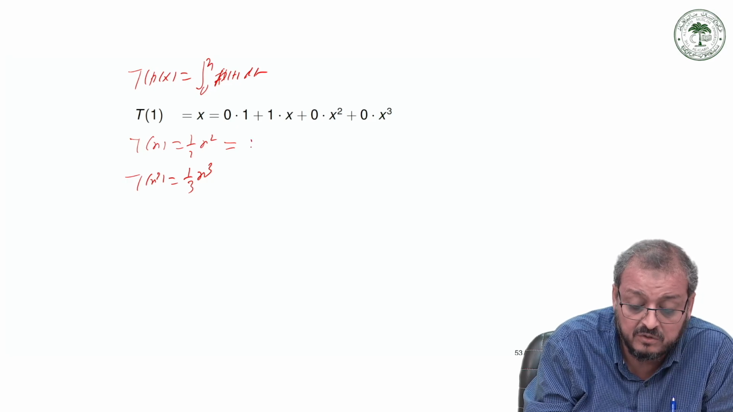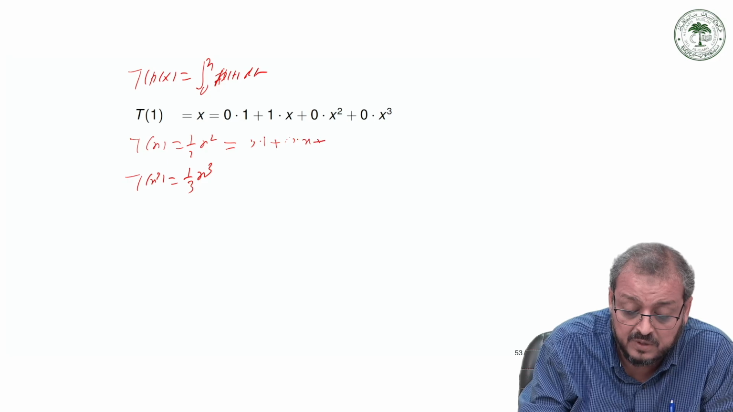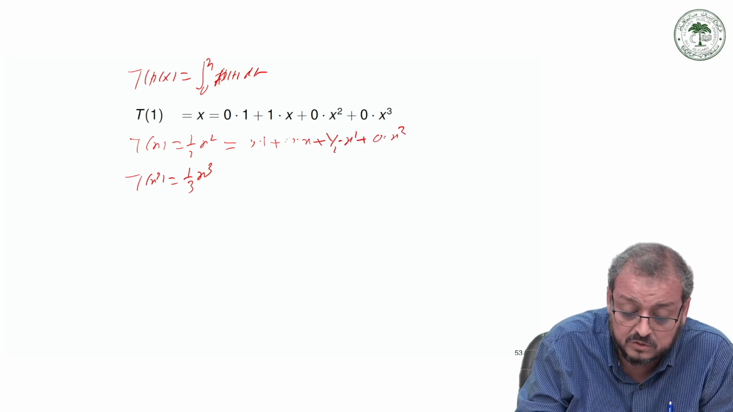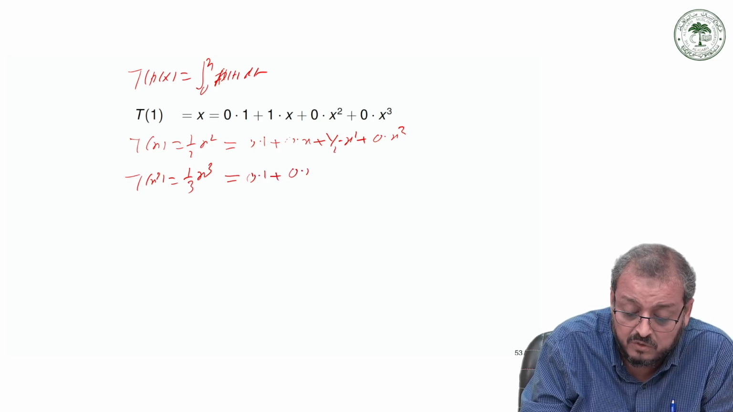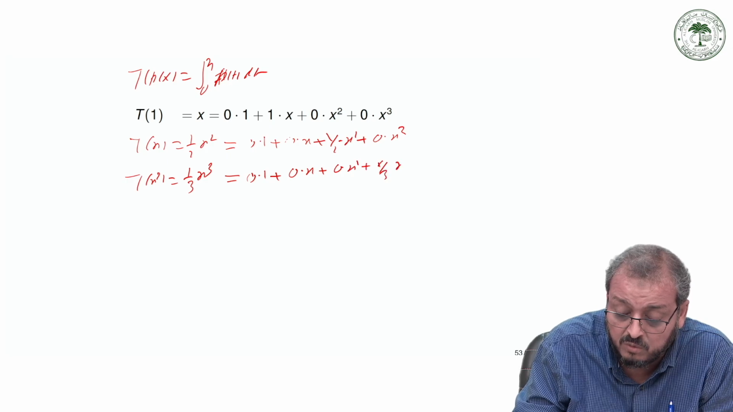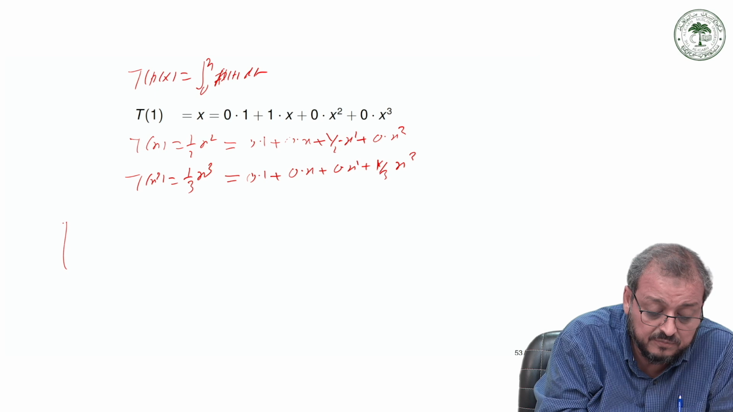So this can be written as 0 into 1 plus 0 into x plus 1 by 2 into x square plus 0 into x cube, and this can be written in the form of 0 into 1, 0 into x, 0 into x square, and 1 by 3 into x cube. So that means we can say the matrix of this